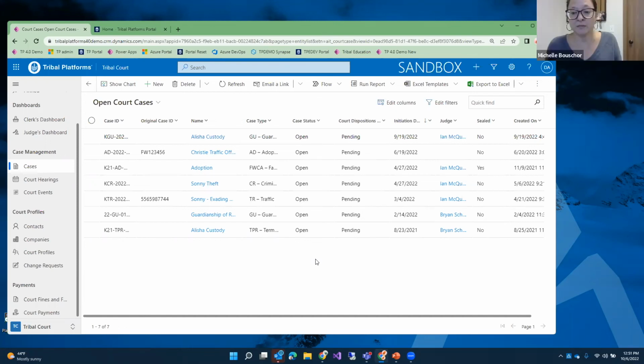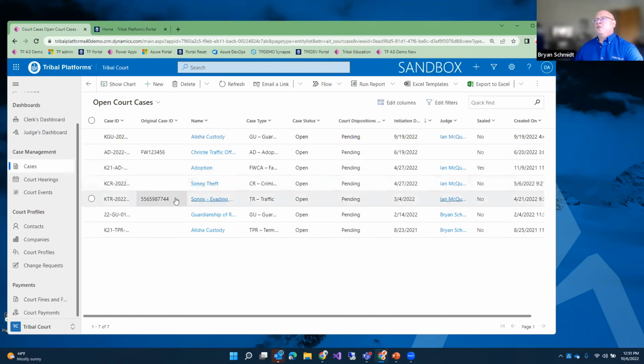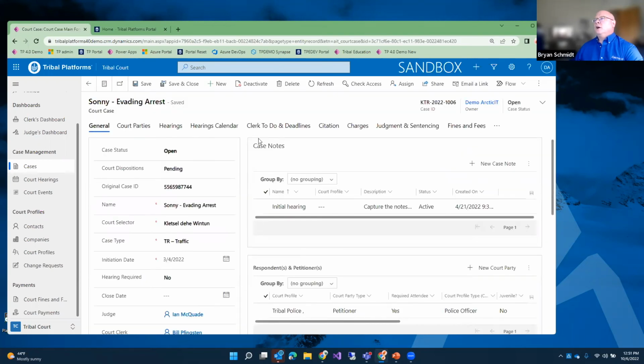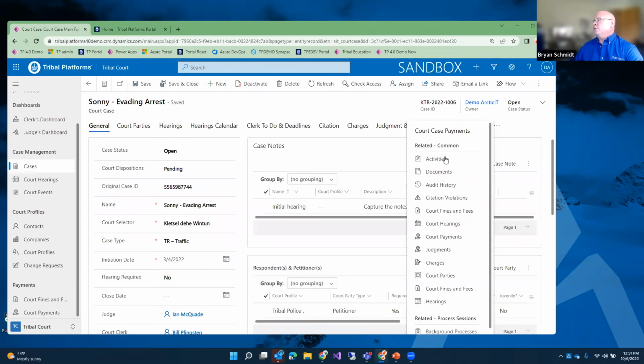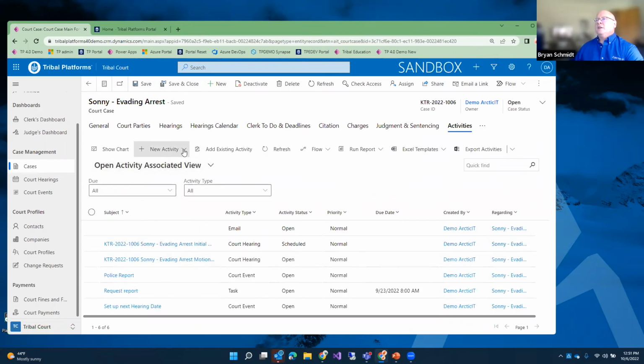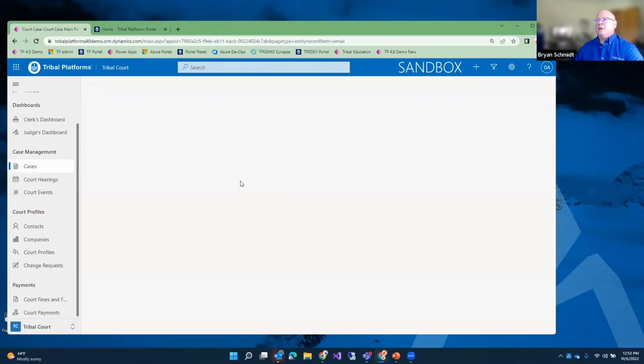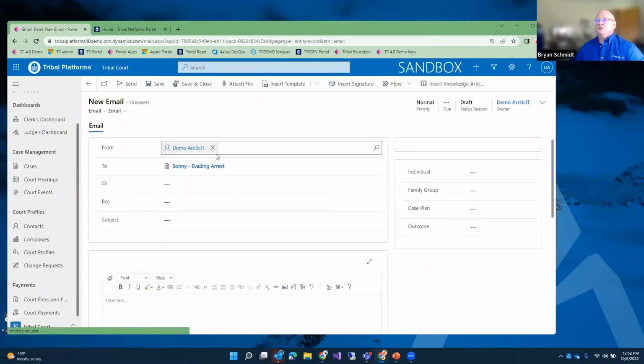Are you able to email from the system? Absolutely. That is one of the benefits we get from the solution. I can email a link from here, but like I showed earlier with the activities, I can create a new activity and generate this email. I can send it from myself, but I can also apply a template.